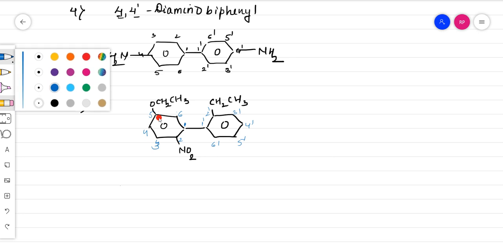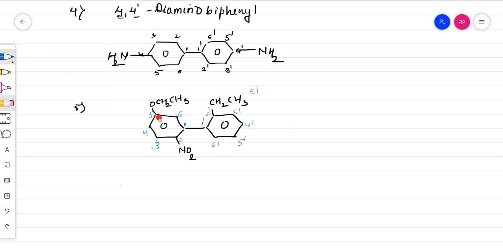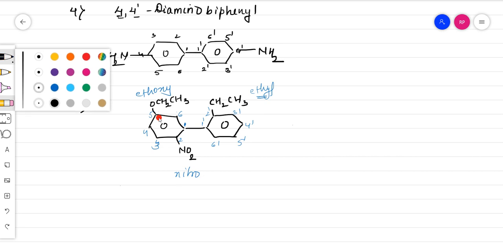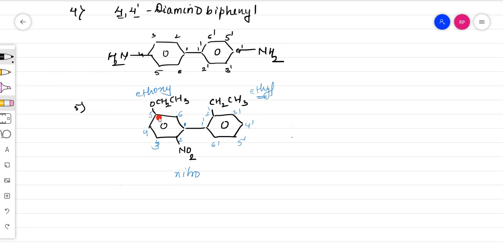So if you can name it now. Which substituent is this? This is ethyl. This is nitro and this is ethoxy. Okay. So what will be the name now? This will be 2 dash ethyl, follow alphabetical order. Okay. What else? 2 dash ethyl, 2 nitro. Yes or no? Ethoxy is also there. Where should we write ethoxy?